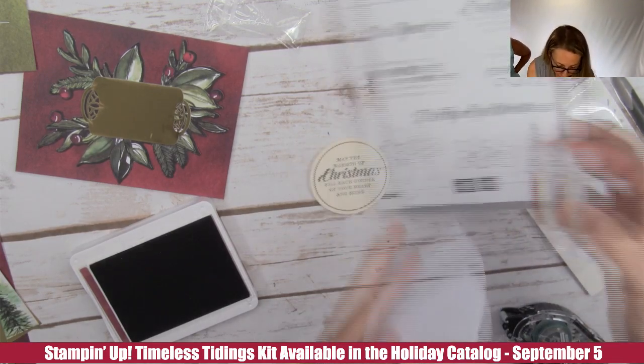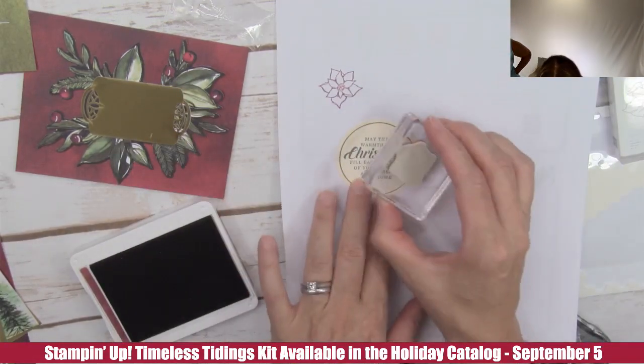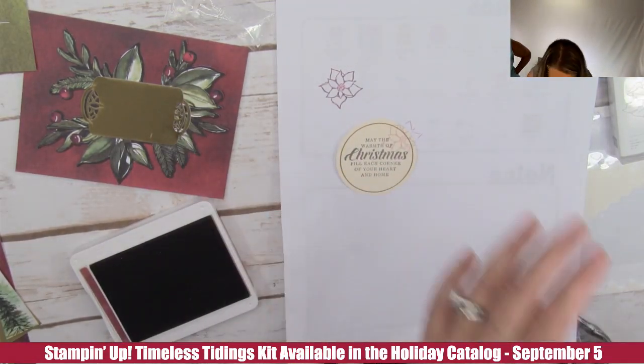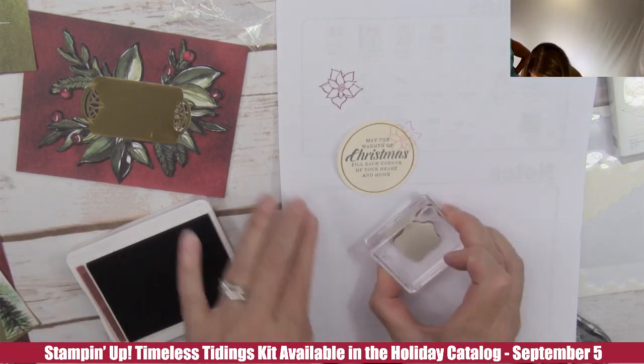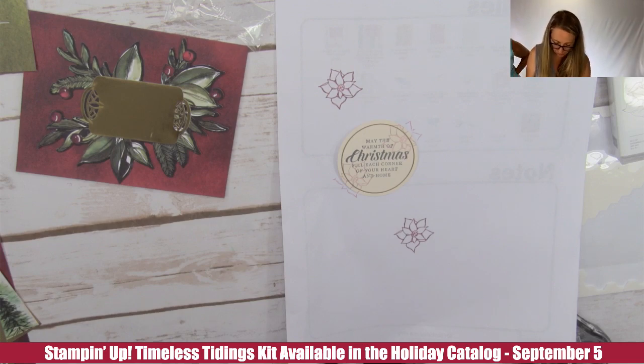All right, so I would ink up the Poinsettia from the same stamp set. Here's the stamp set. I'm going to stamp it off once, and I'm going to stamp it over my greeting. Oh, and then I'm going to stamp it again over here. So that is how I would easily zhush up these cards. Like, just do a little extra...